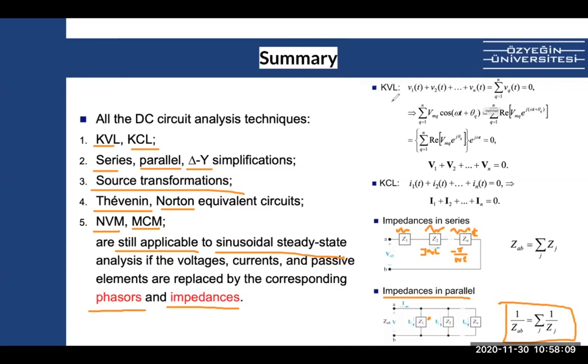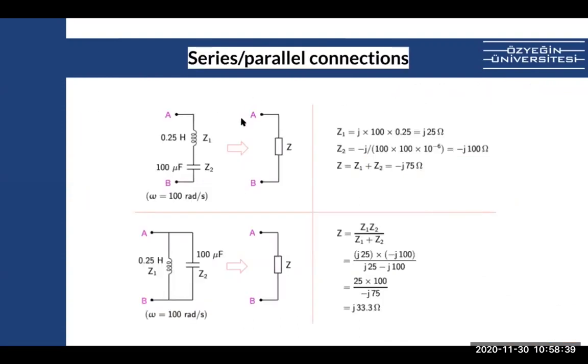Okay? Same logic for KVL. You sum the voltages, equate to 0. KCL, you sum the currents, it will be equal to 0. You can do the node voltage methods or mesh current methods. Okay, still. So here's an example, an inductance with the cap in series, and we find the equal impedance of